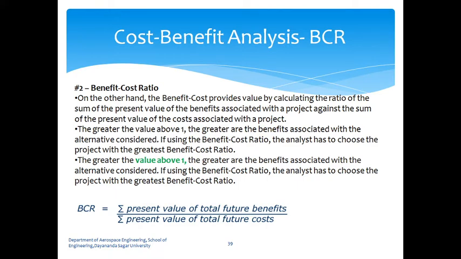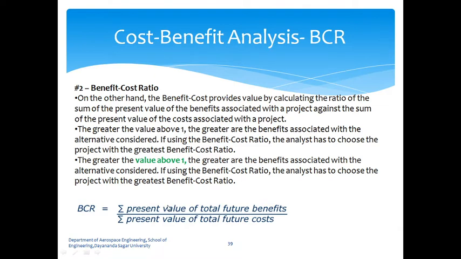Obviously, you are saying that benefits are more than the cost. Sometimes people will look for more than 2. Unless there is a BCR of 2, they will not really consider that idea at all. That means benefits are double the cost. Then only probably you are taking the risk. So what is BCR? BCR is equal to sigma, the sum of the present value of total future benefits. Please see here. These are future benefits, but we are bringing them to the present